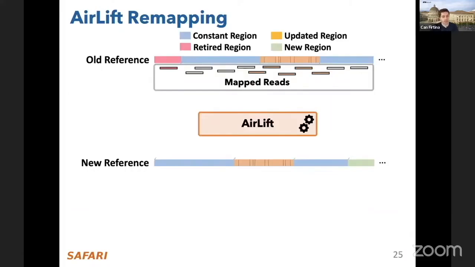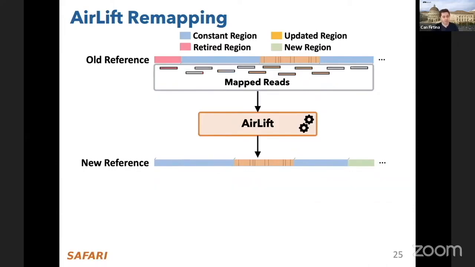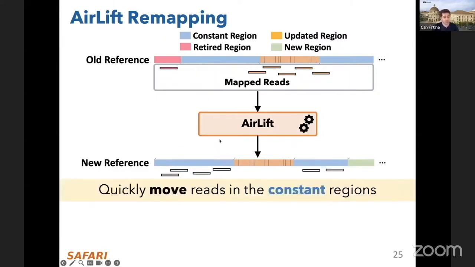So what we do essentially is we take all the mapped reads in the old reference genome, and then we quickly move the reads that are only in the constant region. So let me do the animation again. So we just move the reads that are in the constant regions, because we know that they are exactly matching in the new reference genome, and they don't have another region that is highly similar to that particular region in the new reference genome, for example, as could happen in the new regions in the new reference genome. So by ensuring that we can accurately move these reads from old reference genome to new reference genome also efficiently,